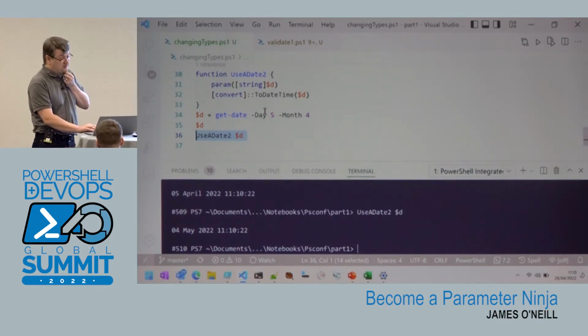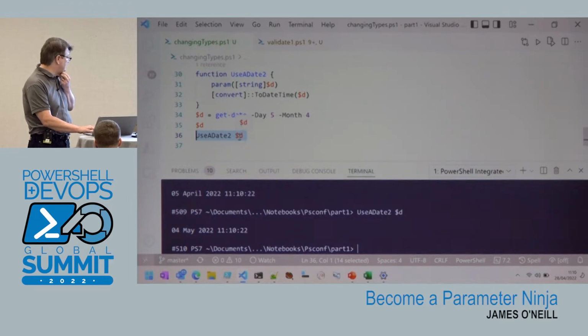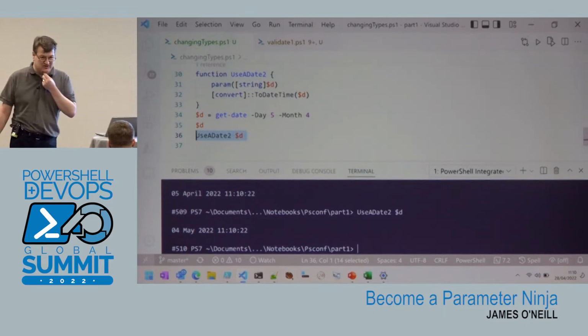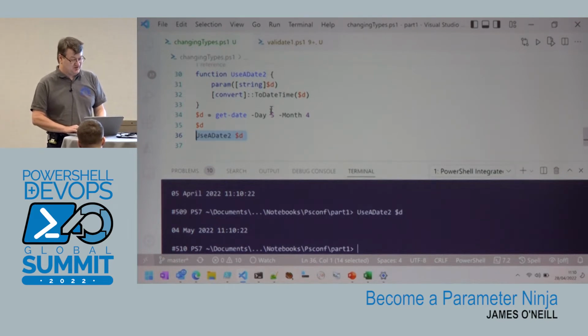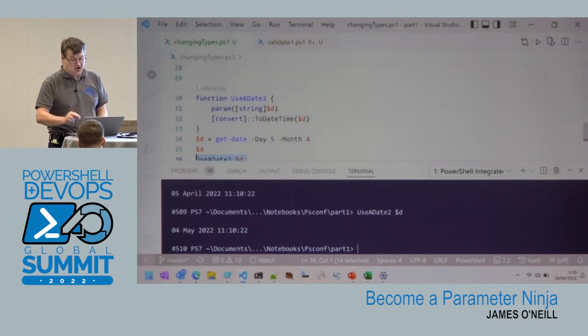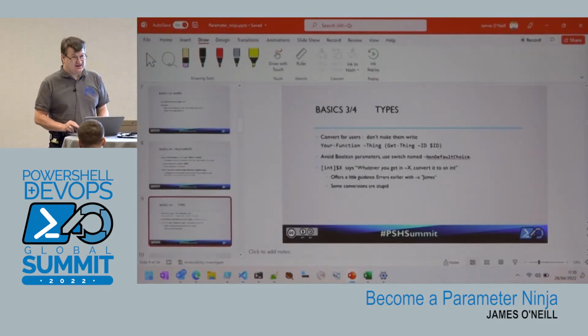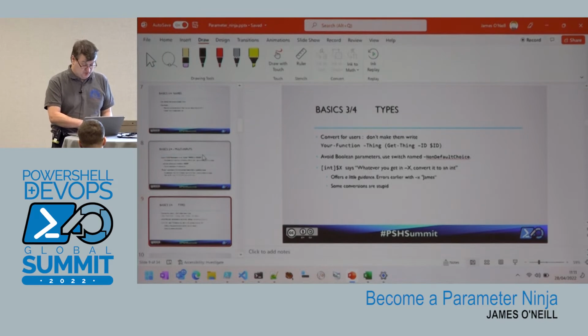That was the fifth day of the 4th month, and when we converted that, it got converted the wrong way round, because I've said this is a date going in here. When I've said cast the date to a string, it said, oh, you want me to do that with invariant format. And so this has actually transformed that date the wrong way as well. So date parameters, you might be better off just letting the parameter come into the function, examining its type, and writing some code inside the function to deal with it appropriately.